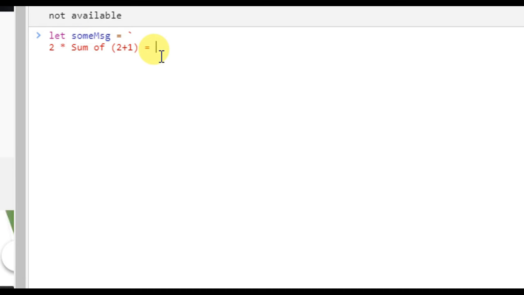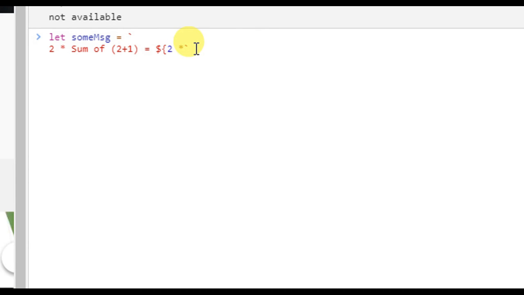So first, multiplied by second template literal. See, second template literal I started here. Again expression, what I need to do here, 2 plus 1, closing the nested template literal and closing the main template literal and closing the backtick.